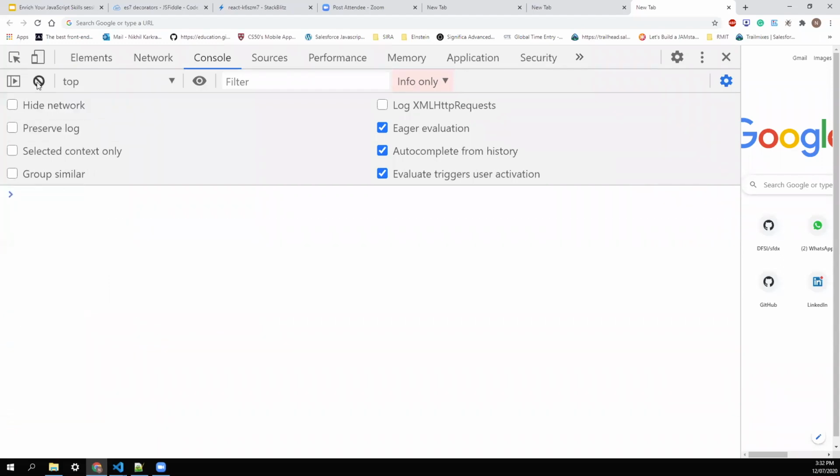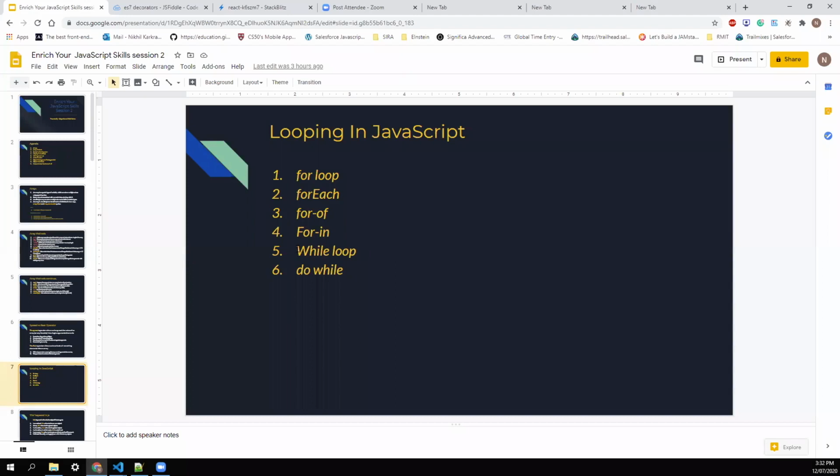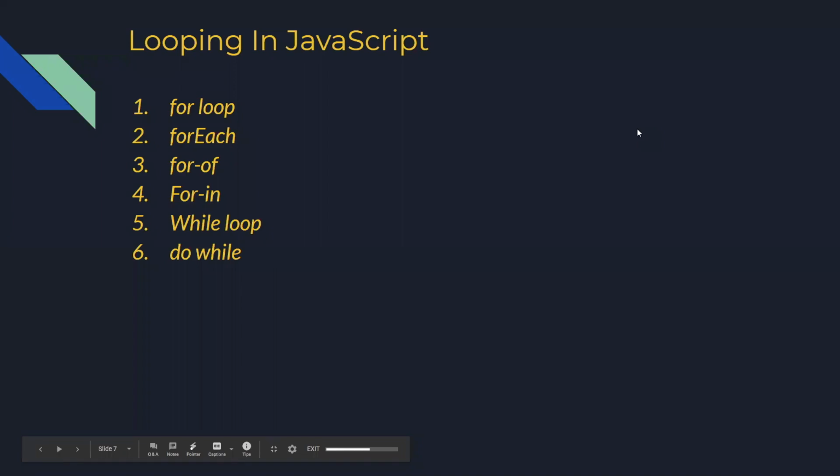And for while loop and do while loop, I guess we are not able to cover. So I'll skip this, but I'll tell you at a high level when to use for and when to use while. So for loop is used only when we already know the number of iterations, and the while loop is used when the number of iterations is not exactly known.